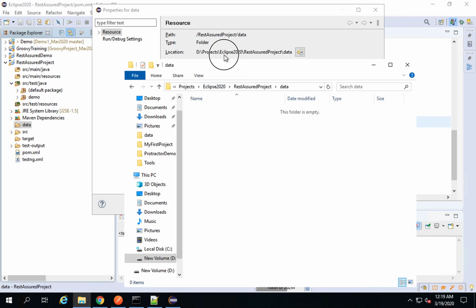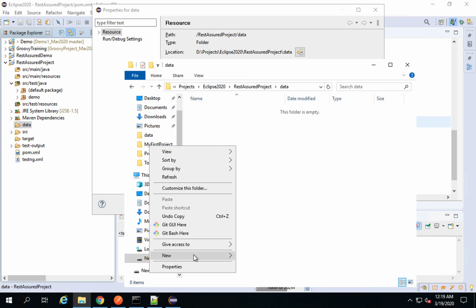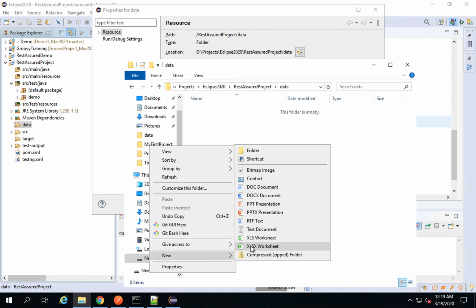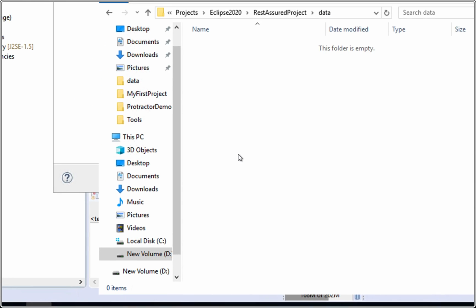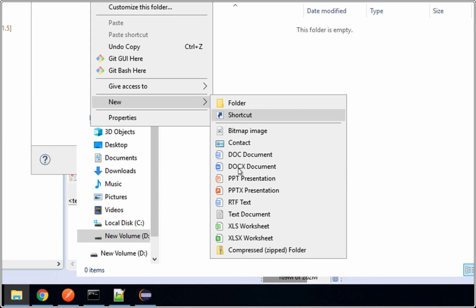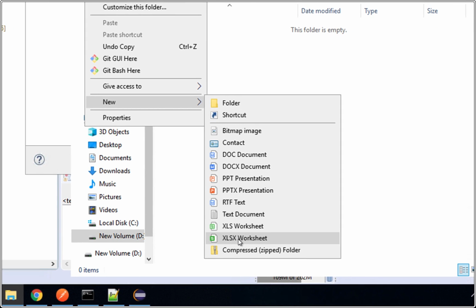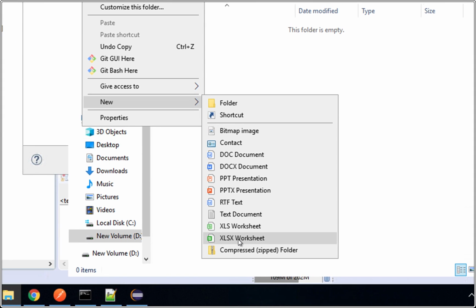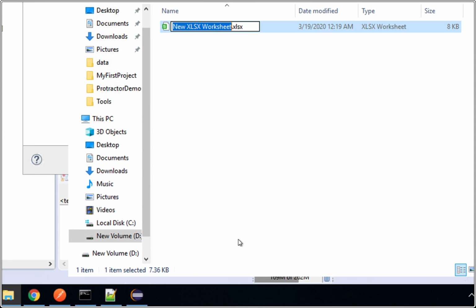So I will go to my data folder and do a right click and say new, and you can see we have two options here. If I go to new, we have the option for XLS worksheet and XLSX worksheet. So the latest format is XLSX. I will show you both these formats, how you can work with both. For now, let me just create an XLSX format and I will name this test data,